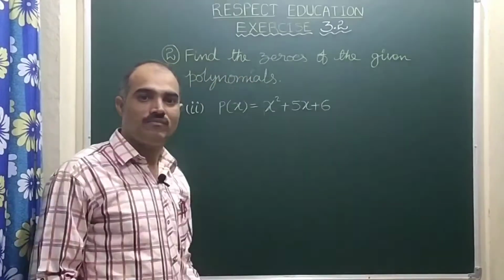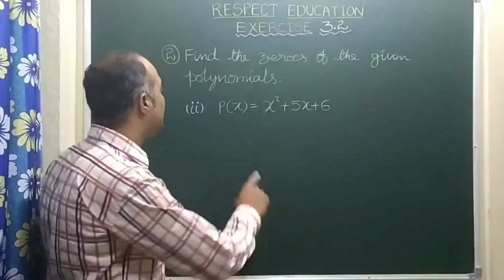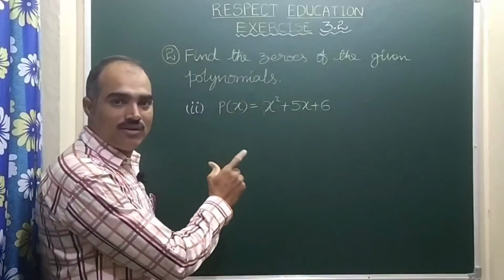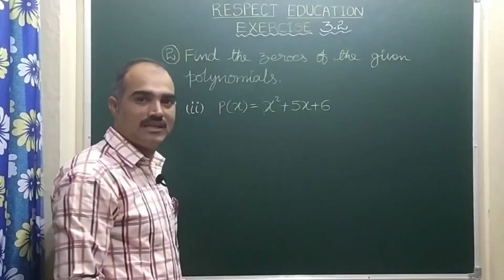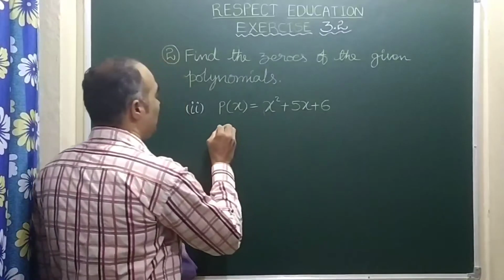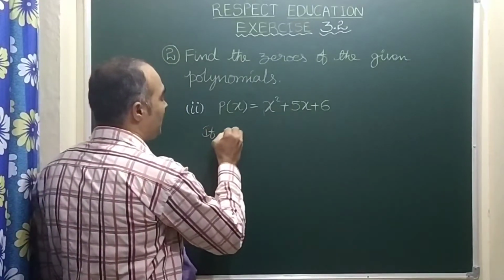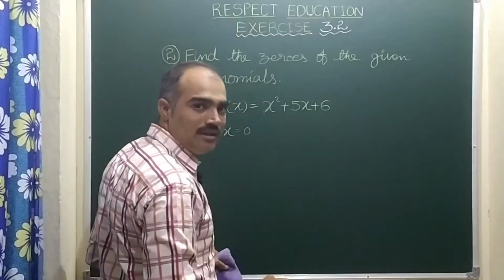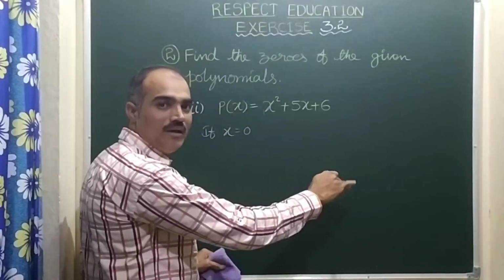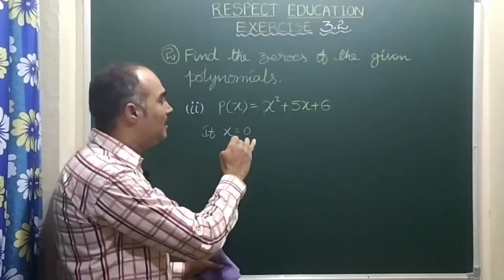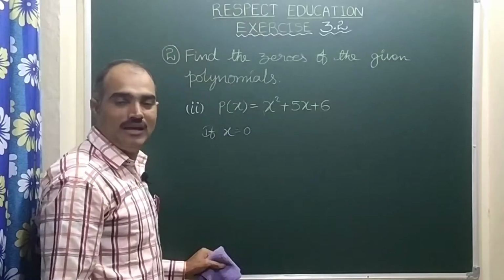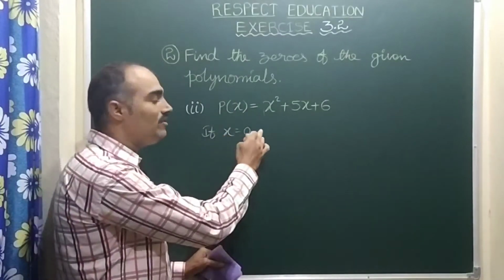Right? Now let us see the next bit, that is the second bit. P of x equal to x square plus 5x plus 6. Actually for solving this problem there are two methods, children. So I will tell you both the methods. Let us see method one, the first method. First we need to substitute various values in place of x. Somewhere we get p of that value is 0. The value that makes the polynomial 0 will be the zero of the given polynomial. It may be a little bit confusing, so while solving you will come to know.